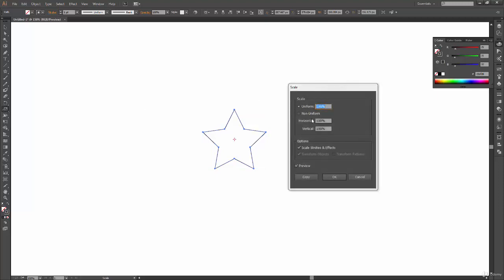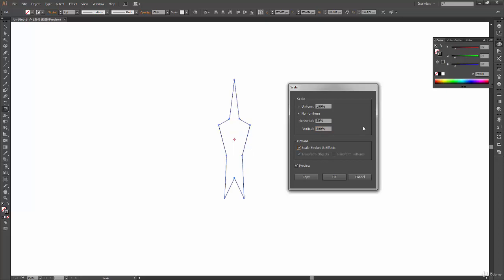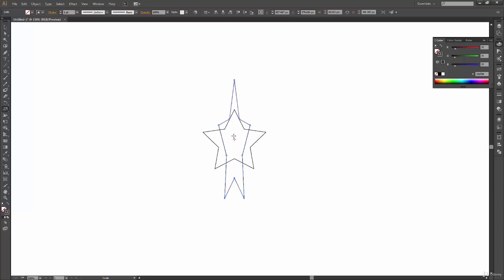So again, undo and open the options. In the non-uniform, you can change these values independently. Let's say in the horizontal direction, make it 50%, and in the vertical direction, make it 200%, and press tab to see the changes. A good thing is I have turned on the preview so that I can see my changes on the go. Okay, so that's how my star will look, but I don't want that. Let's make it uniform and make it 100%, and click OK, or click on Copy to have your transformed shape as a new object. Okay, so let's delete this new star and let's see some more options in the scale tool.